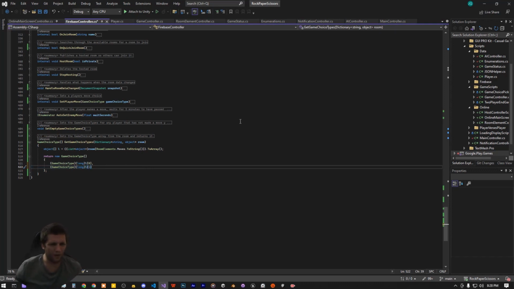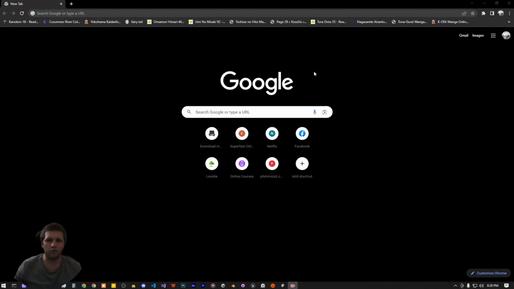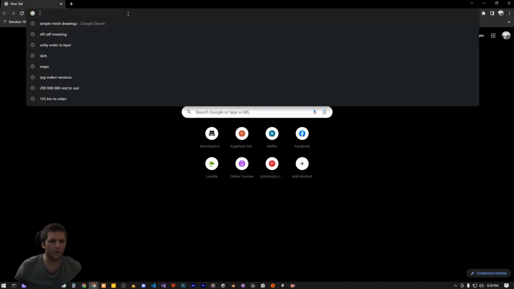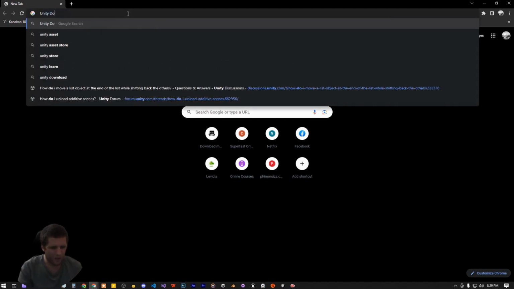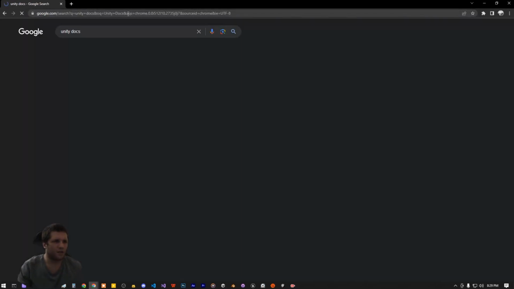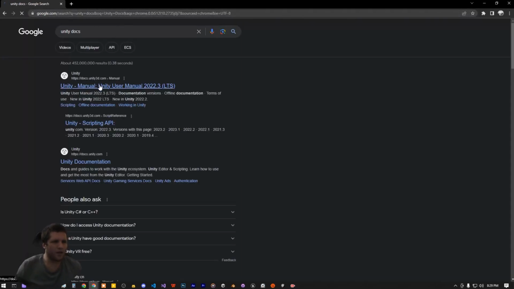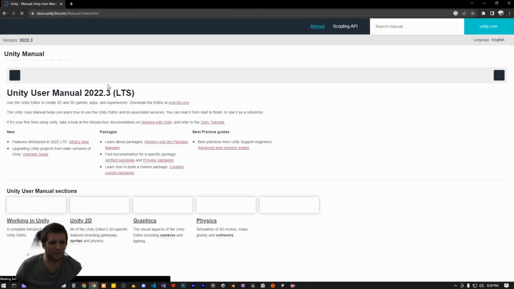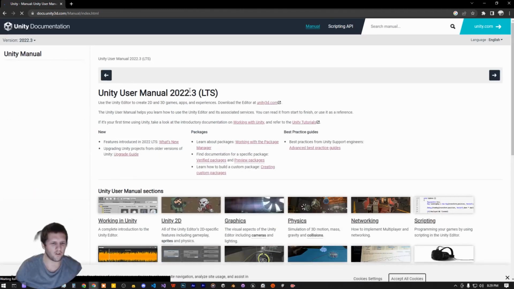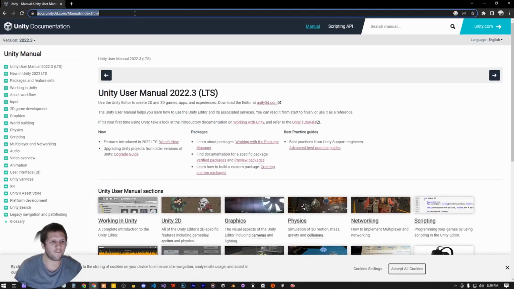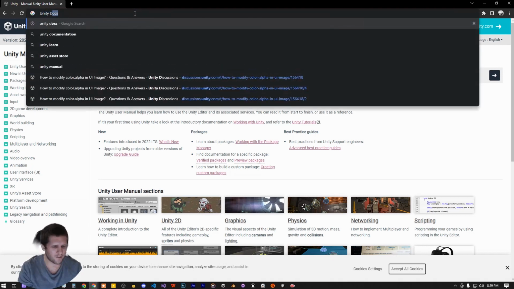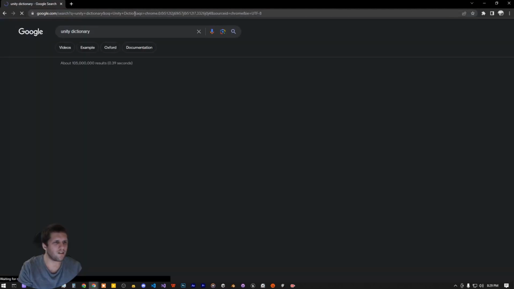Now, of course, I did go to Google. One of the most important tools that you have is Google. We also have the documentation. So we have the Unity docs, and you can get to these docs by pretty much Googling any of your issues. So if I wanted to learn more about the Unity dictionary,